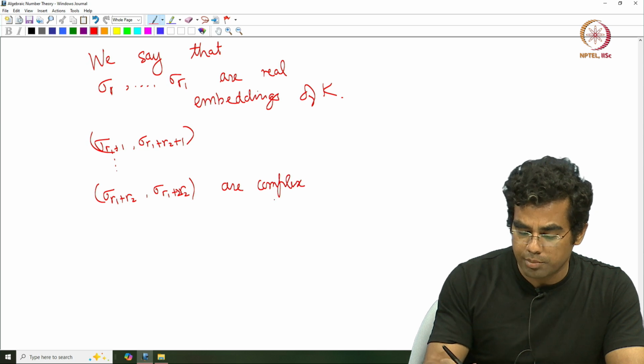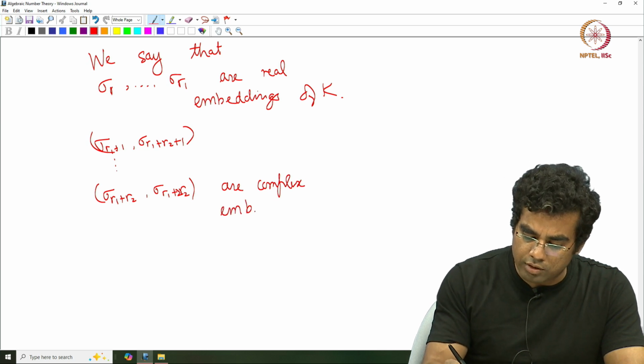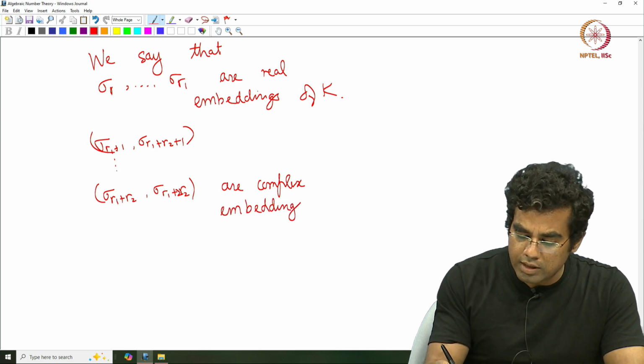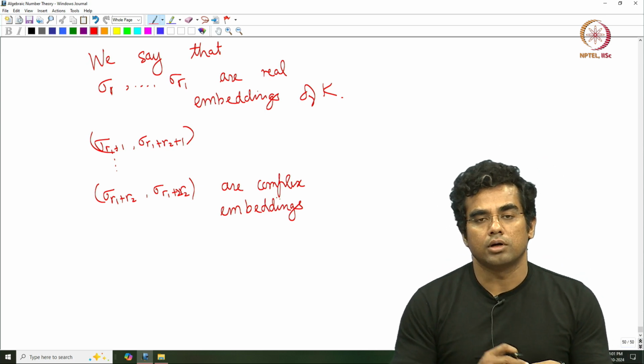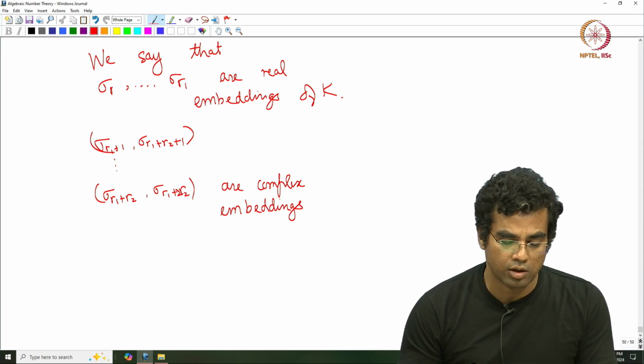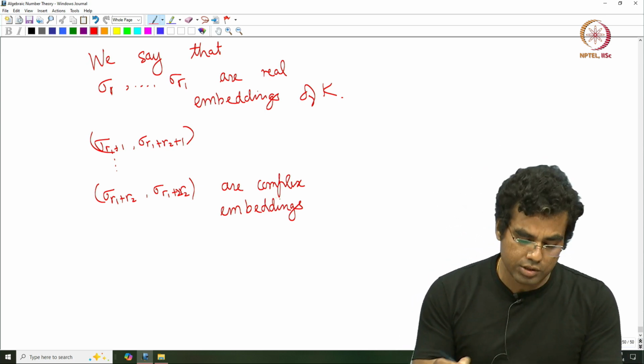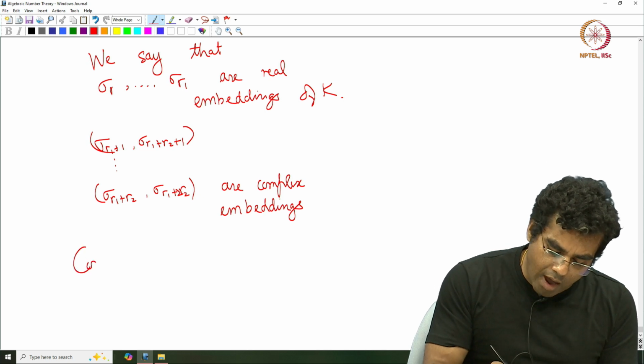Okay. So, complex embeddings there are 2 times R2, but we somehow identify the pair: sigma and its complex conjugation. So, you consider the map